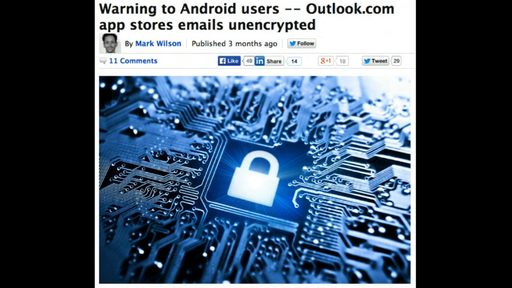Because if it doesn't, and it's something like, say for example, the Outlook app on Android, storing the emails unencrypted, somebody could steal your phone and use the Android SDK to very, very easily remove your emails. The good news is that there's some very, very good information on the OWASP website about this, owasp.org, and they also have a very good virtual machine called MobiSec, which you can practice security testing for mobile on. So I'd definitely recommend you head over there and check that out.